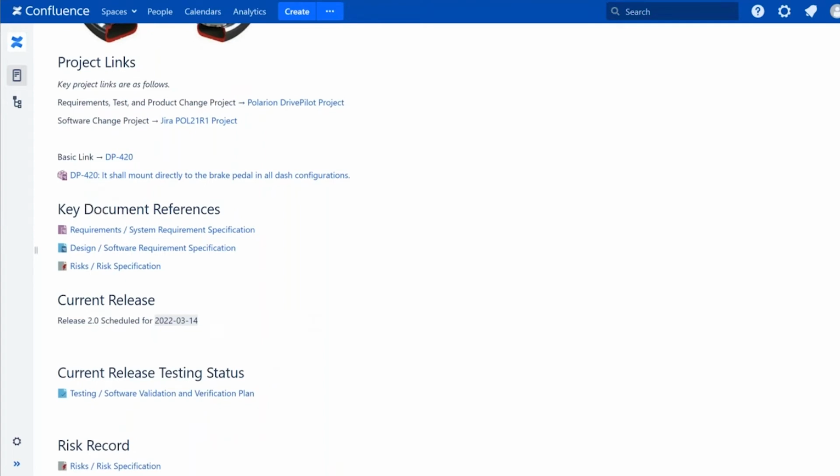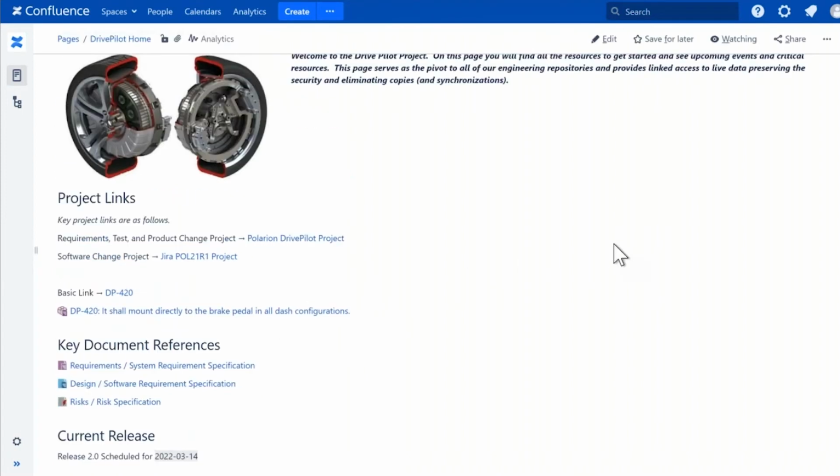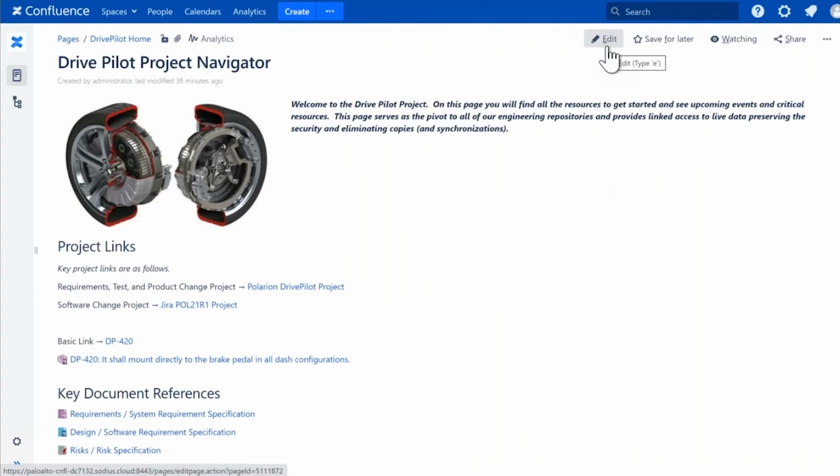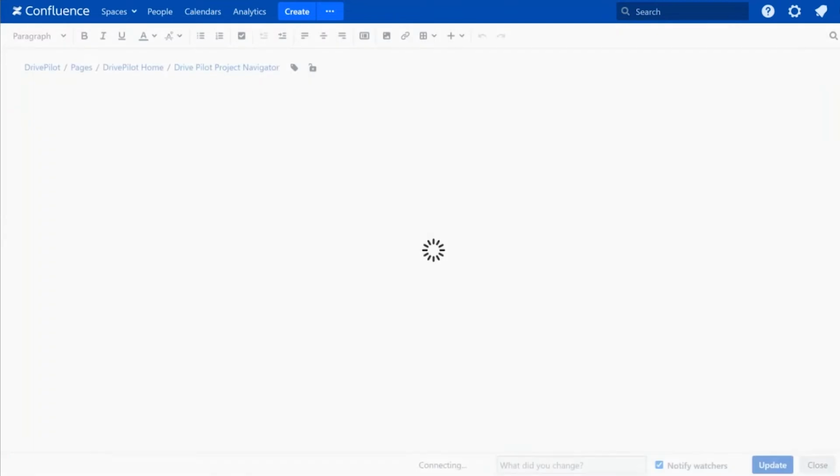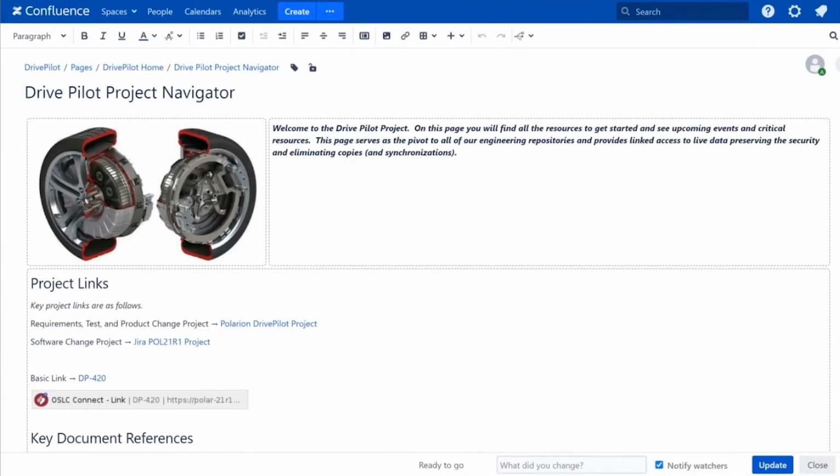So as we go through here, what I want to show you is not only can we do this view and see this content, it also takes place in how we interact with these tools. So if I'm going to edit, and this is the nice thing about Confluence, it's very easy to add new content. So I can simply add some new content here, add new references. And if I can actually spell right, that works even better. But I can go ahead and use macros within here.